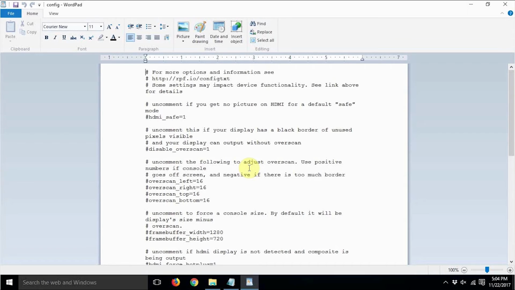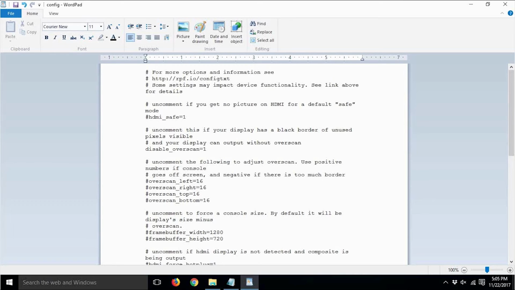So as I have told you already, in case you are planning to use VGA display, you need to make these changes. These changes are not needed in case you are planning to use HDMI display. So let's have a look at what changes we need to make. We need to uncomment a couple of lines and we need to change a couple of parameters. So the first line that we need to uncomment is disable_overscan=1. So this is how we uncomment it, by deleting the hash sign.